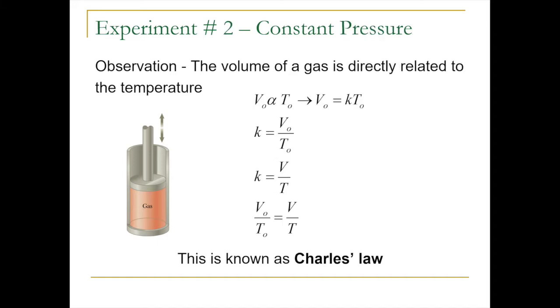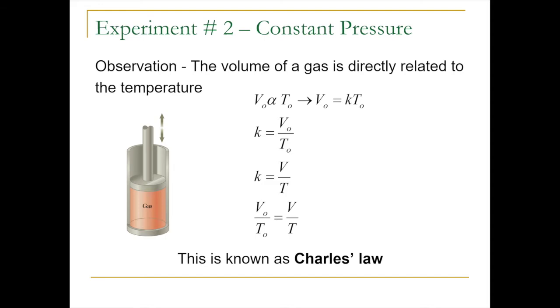In the second experiment now, let's go ahead and let temperature change, but let's keep the pressure constant. What was observed then was that the volume of gas is directly related to the temperature. We see again from the mathematics what we've done is we've taken the proportionality and we've input a constant of